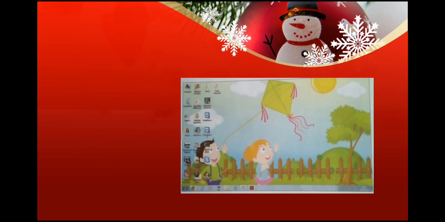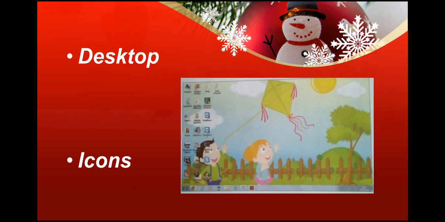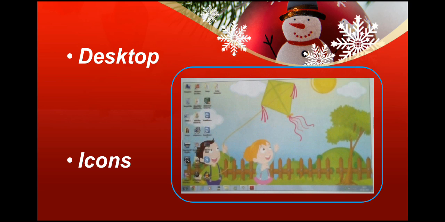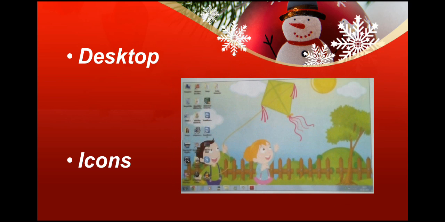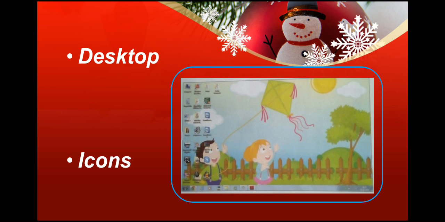Here is an example. I have uploaded a picture from your book. Let's see, where is the desktop? Yes, the screen. This full screen that has the background wallpaper. You can see there is a picture in the background, and we have small pictures of the icons, called thumbnail images, at the side, and the straight horizontal line with the start button at the bottom of the screen. Overall this whole screen is called a desktop.